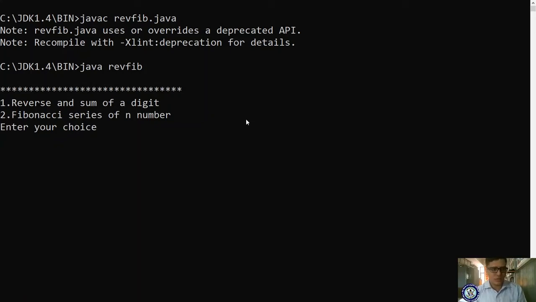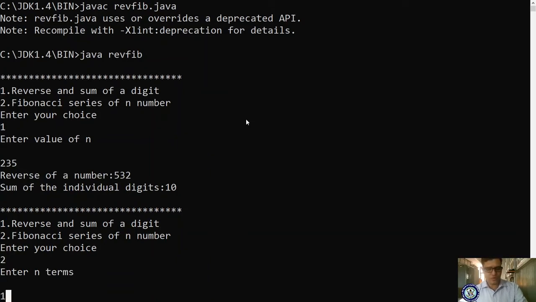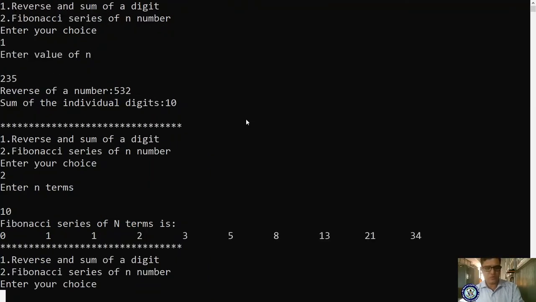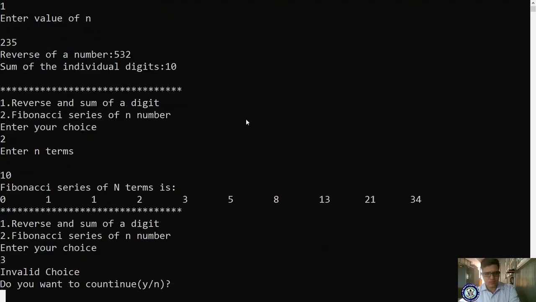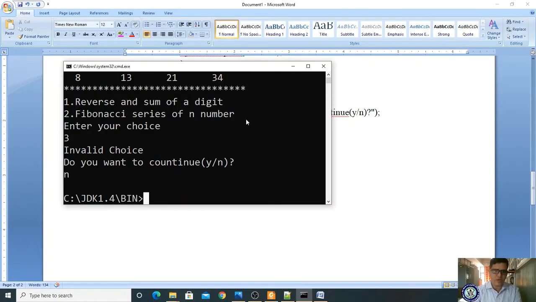Now you give the choice as 1, enter the value for n, 235, it is showing, right? And choice 2 up to 10 you will give, right? It is showing, enter your choice. 3, invalid choice, do you want to continue? It will ask, I will give no, right? After this your program ends, right?